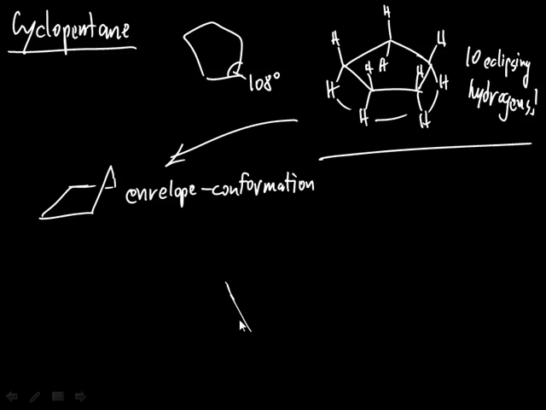And so what the overall Newman projection for cyclopentane becomes is something that is now relatively staggered, something that looks like this. And so this is now a system which had no ring strain to begin with, but introduced a little bit of ring strain in order to avoid